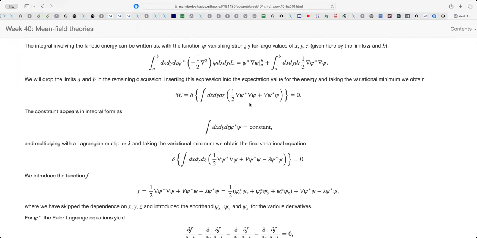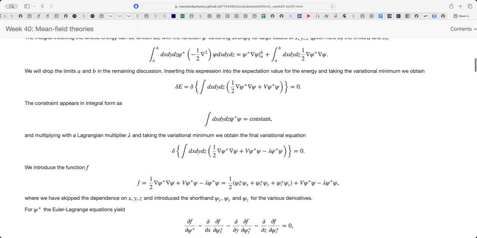So we want to make changes to the wave function, and we want to drive this quantity here to 0, like we did before the break when we started setting up the Hartree-Fock equations. And then we have this constraint, which gives us a Lagrangian multiplier because these quantities are not independent. And then what we have is just this equation. And if we introduce this function f, which you see, which has the kinetic energy, potential energy minus this guy here,